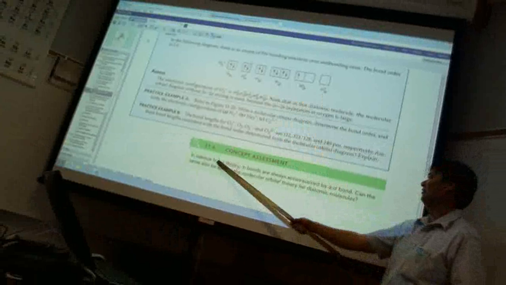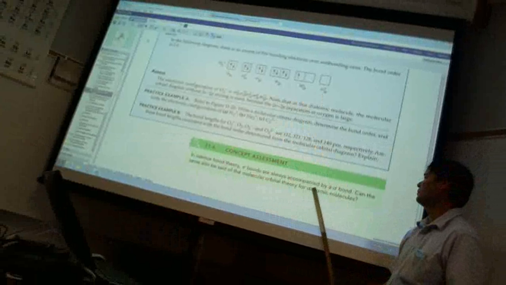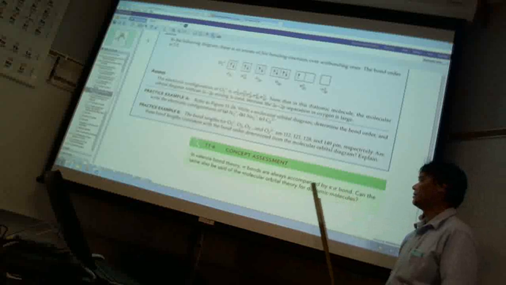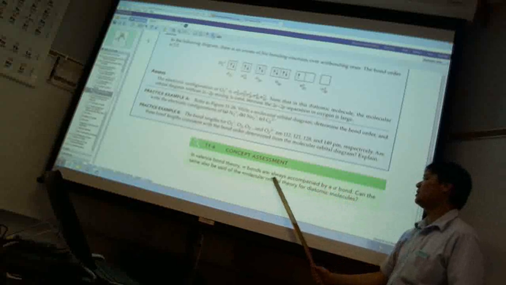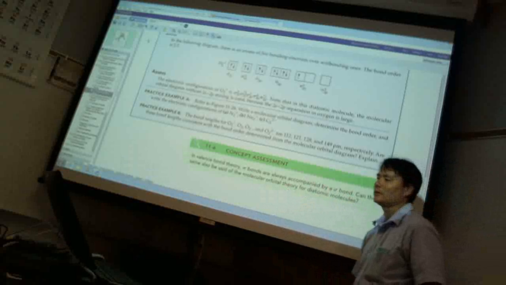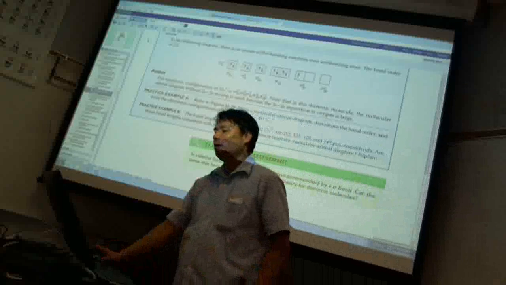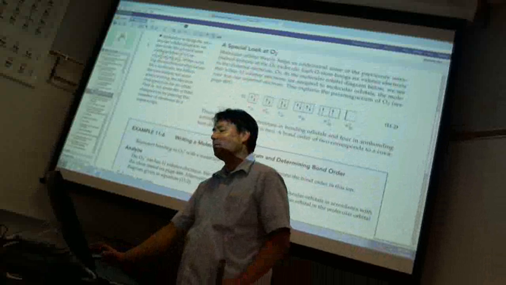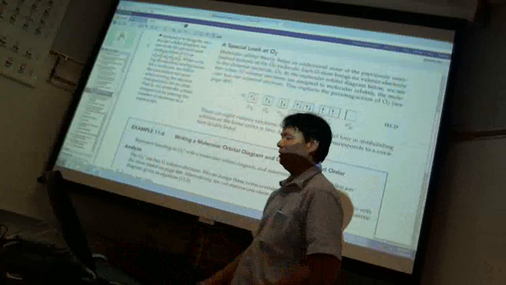Well, anyway, pi bonds are always accompanied by sigma bonds. Yes? Can the same also be said of MO theory for diatomics? Is pi always accompanied by sigma? And the answer would be,